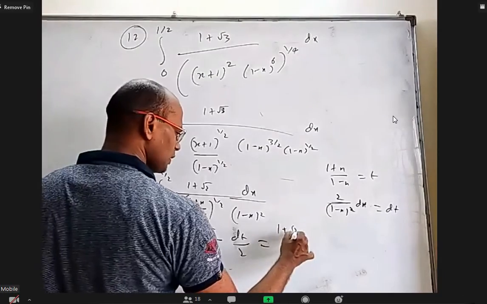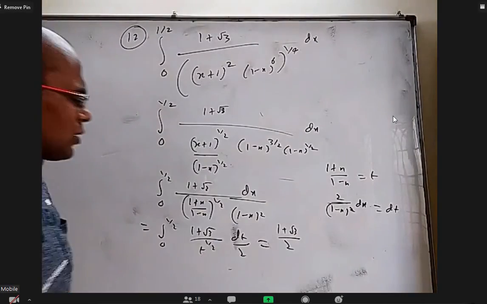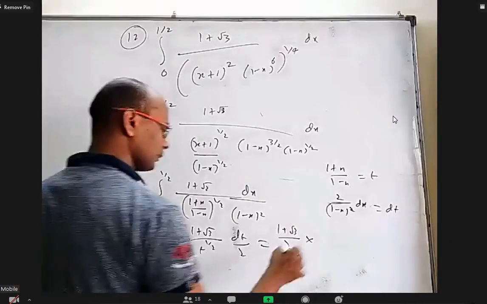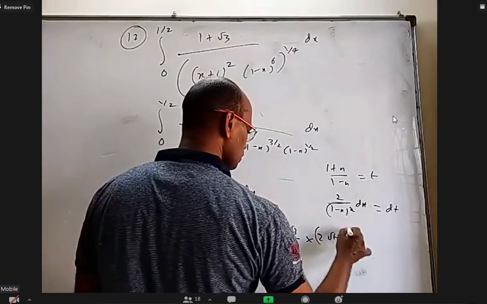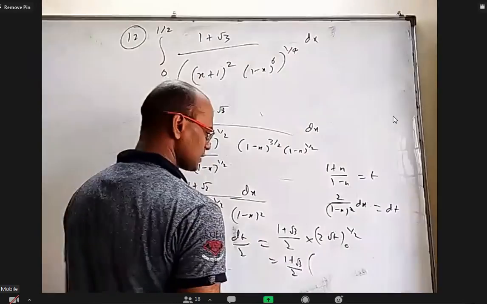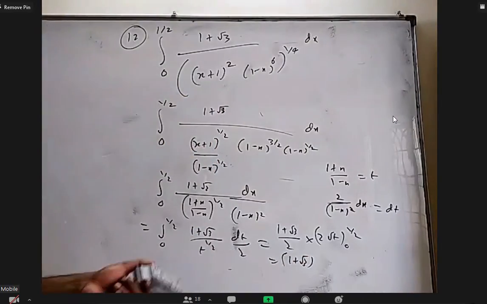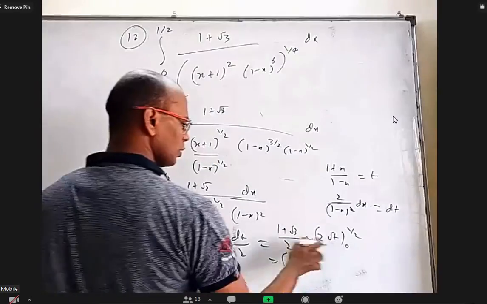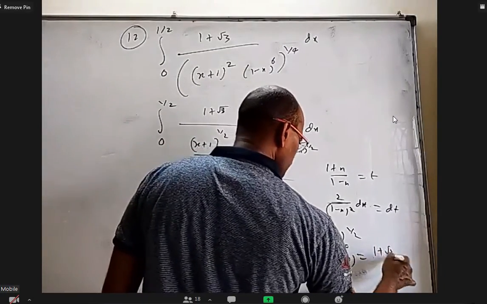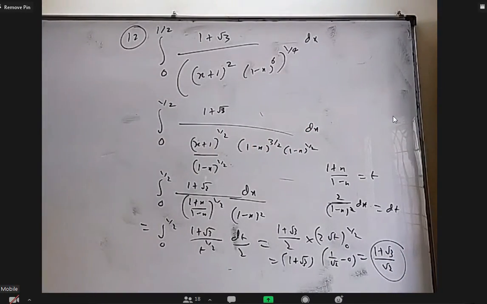So I can take 1 plus root 3 by 2 outside. T power 1 by 2, when it goes up, t power minus of this is root t. The root t integral will be 2 root t, with 0 to 1 by 2. So 1 plus root 3 by 2, 2 cancel. 1 plus root 3. I don't know why he gave 1 plus root 3 because they are not using it. 2 got cancelled. It will become 1 by root 2 minus 2. So finally 1 plus root 3 by root 3. Let us see if I copied the question correctly.